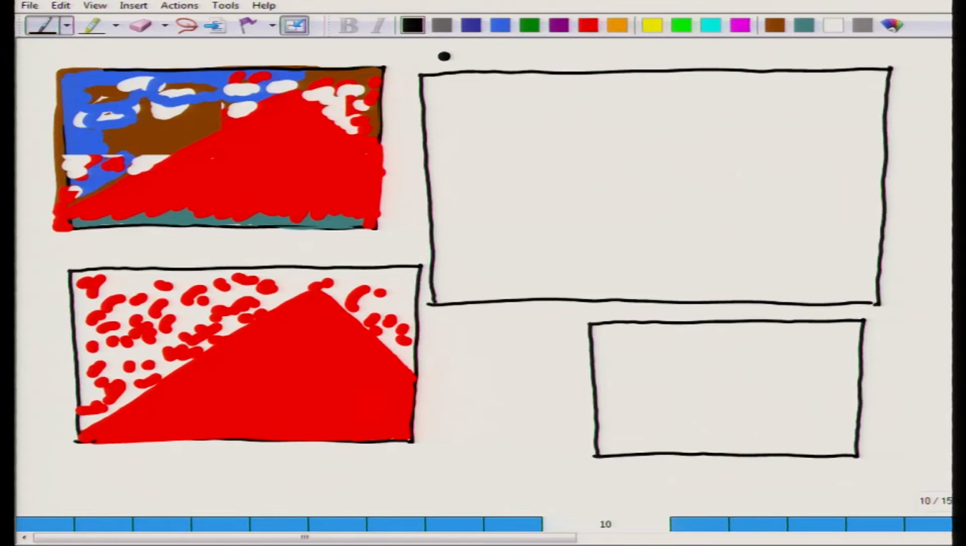Now, let us see some examples of how we have balance in a composition with color. If we have one object which is heavier than another object, for example, in this drawing,